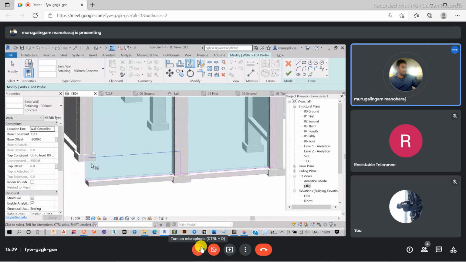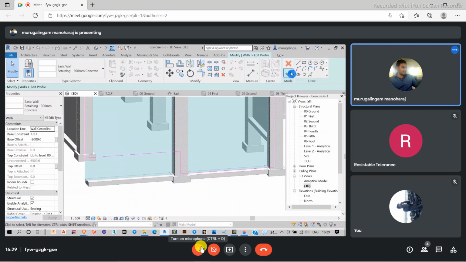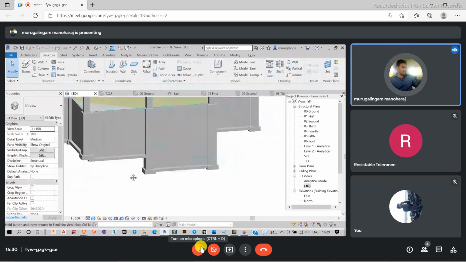And I don't want this line. What I can do is split these two lines. So according to that, you will get an arranged form.